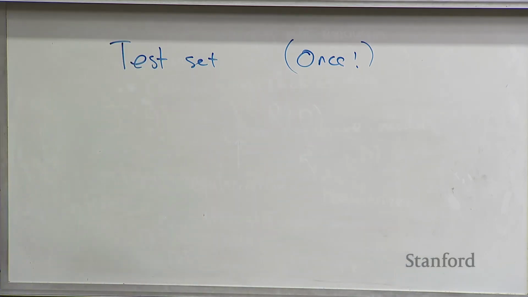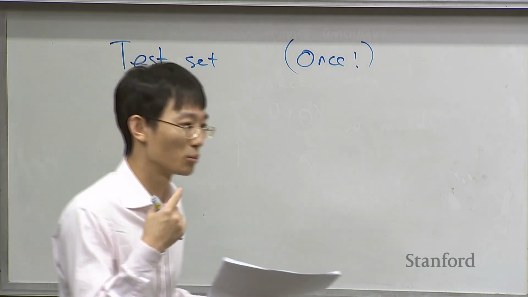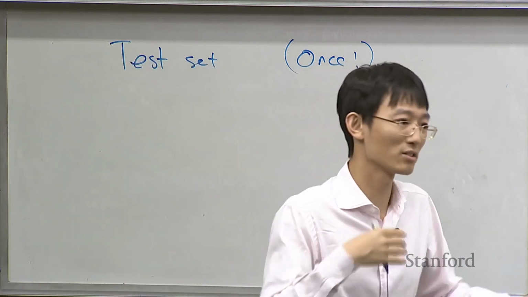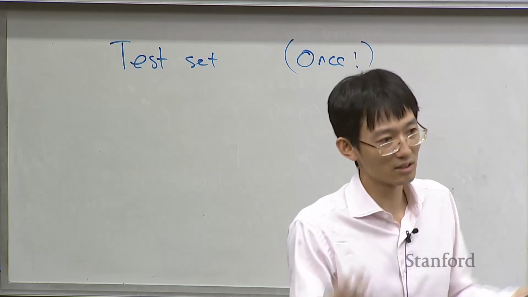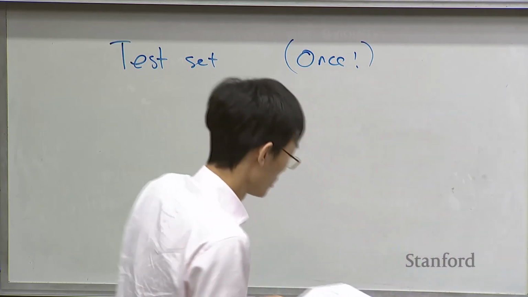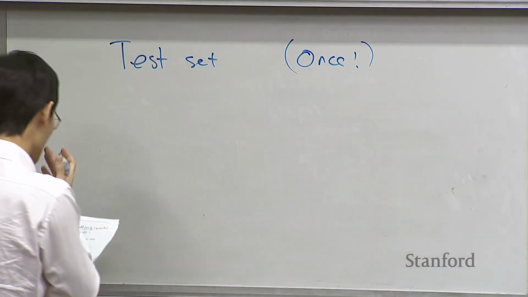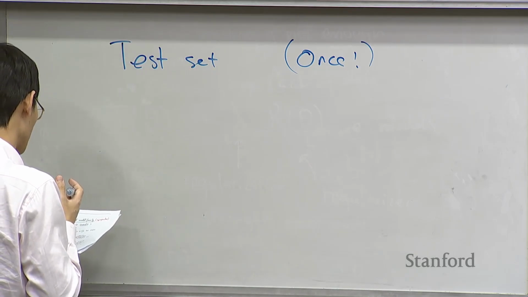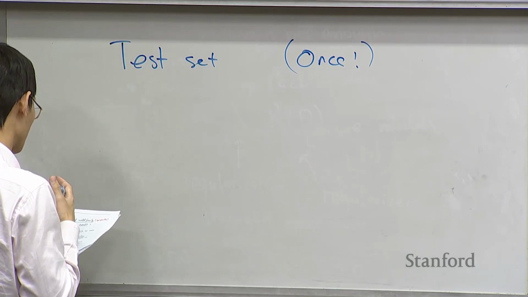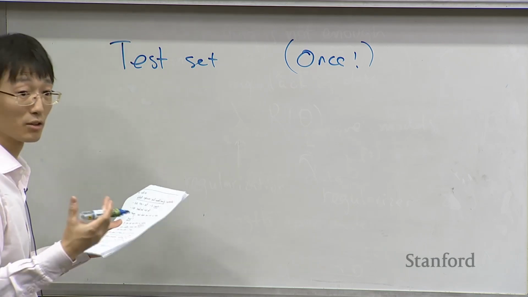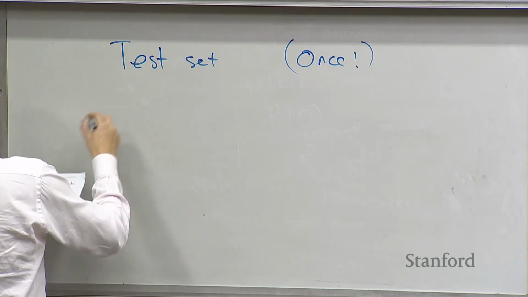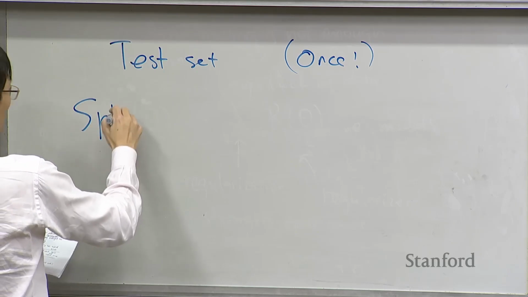So how do we deal with this? The test set we can only use once, or at least we cannot use it interactively. You cannot see the test set, train, and then see the test set again. So one way to deal with this is to have a holdout, a validation set. So basically you split the data